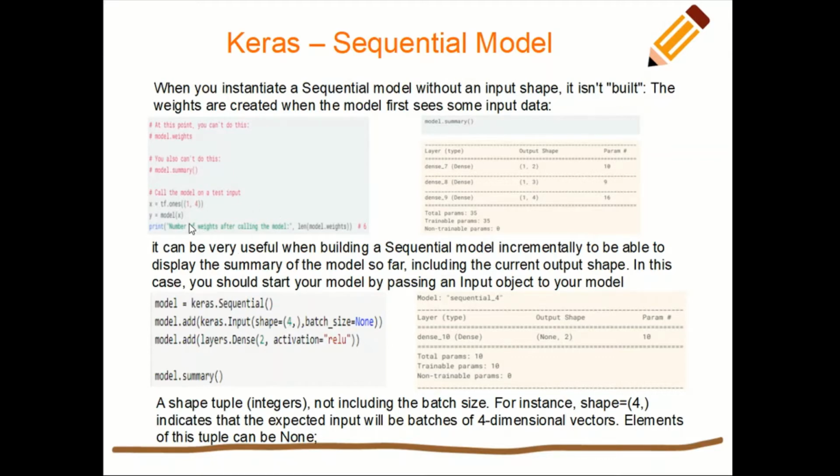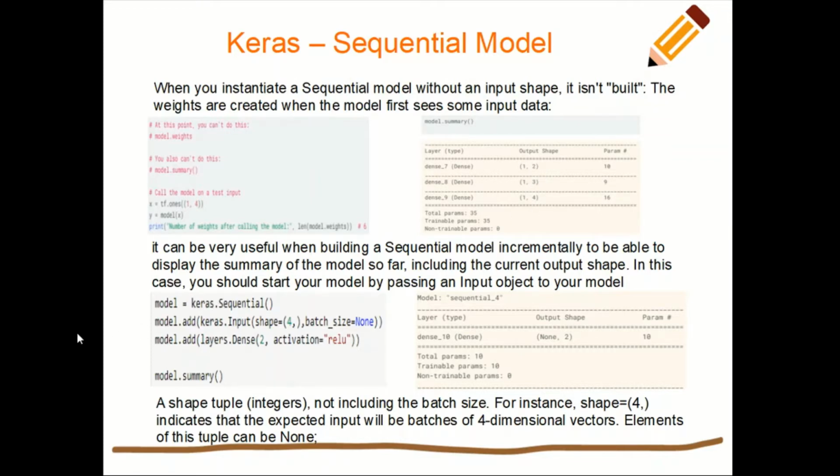So what we have to do is create an input and give it to the model. Why is that required? Because unless we know the shape of the input, it is not able to decide the shape of the weights of the first layer and subsequent layers. That is why the input needs to be given. Once the input is given, we can see the model summary and the output shape of each and every layer.